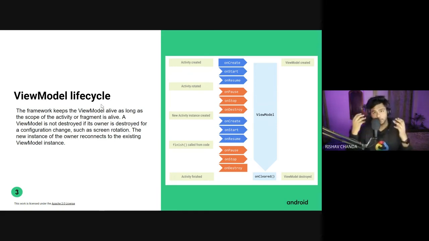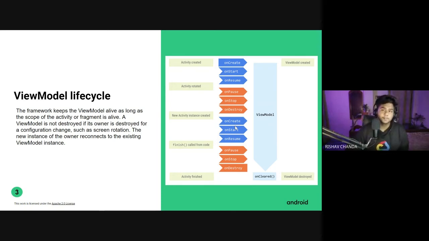But as I told you, like in the fragment lifecycle, or take the example of the activity lifecycle, when you rotate your phone, the thing that happens is it re-enters into the starting state. Like you can see in this diagram, the activity is created, and after that, if the activity is rotated, like you have changed the orientation from portrait to landscape, then onPause works first, then onStop, and then onDestroy, and again it enters into onCreate. And what happens here, all the data reinitializes.